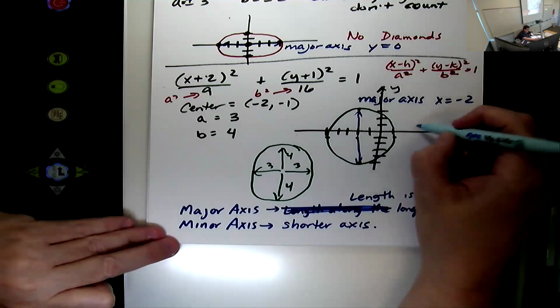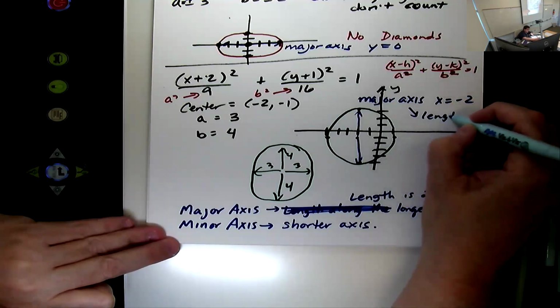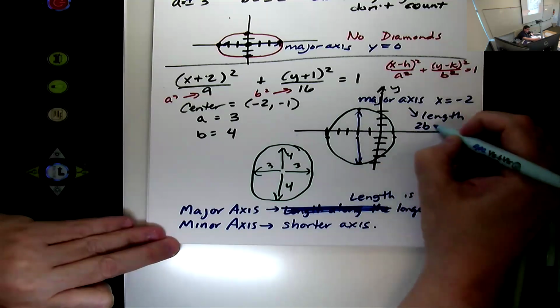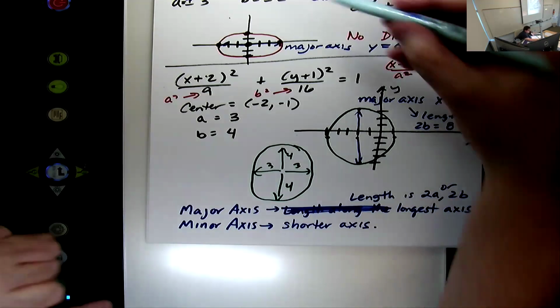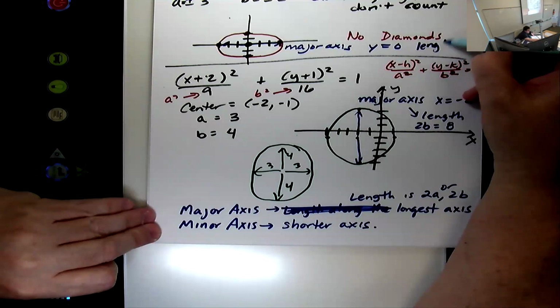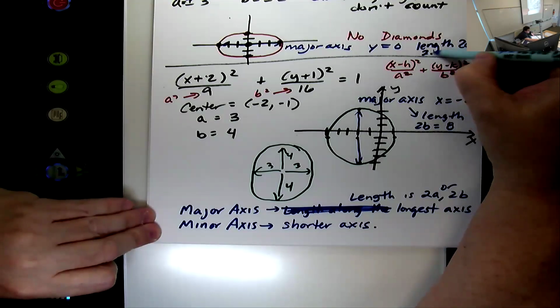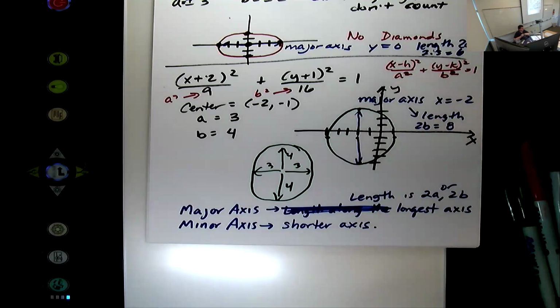So the length of the major axis is 2 times the B on this one, which is 8. And up here, the length is 2 times A, which is 6. It's the equivalent of the diameter on a circle, but it's the longest diameter. We don't really care about the minor axis, other than if you know it, it can help you sketch it. The only thing that's added to this information is